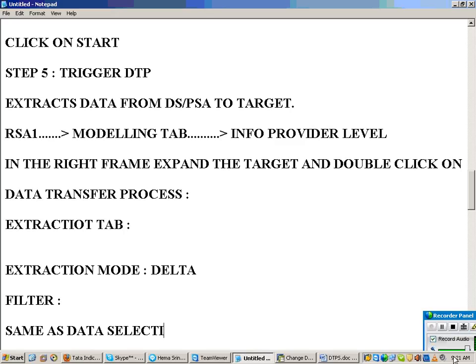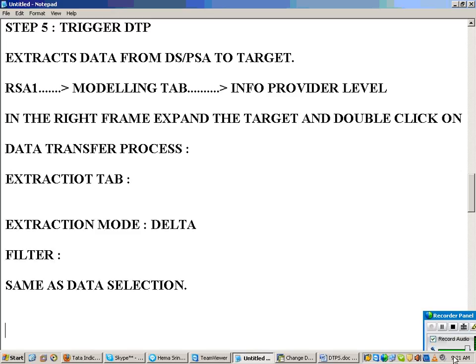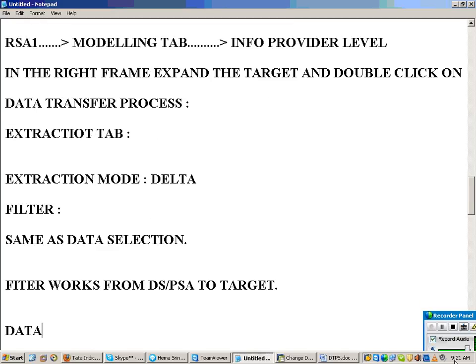But filter works from PSA, the staging area, to target. Data selection works from source system to PSA. Understand the difference between filter and data selection: PSA has 3 records, but while loading into target I want to load only C1. Then I use filter. If you use data selection itself, PSA itself will have 1 record.